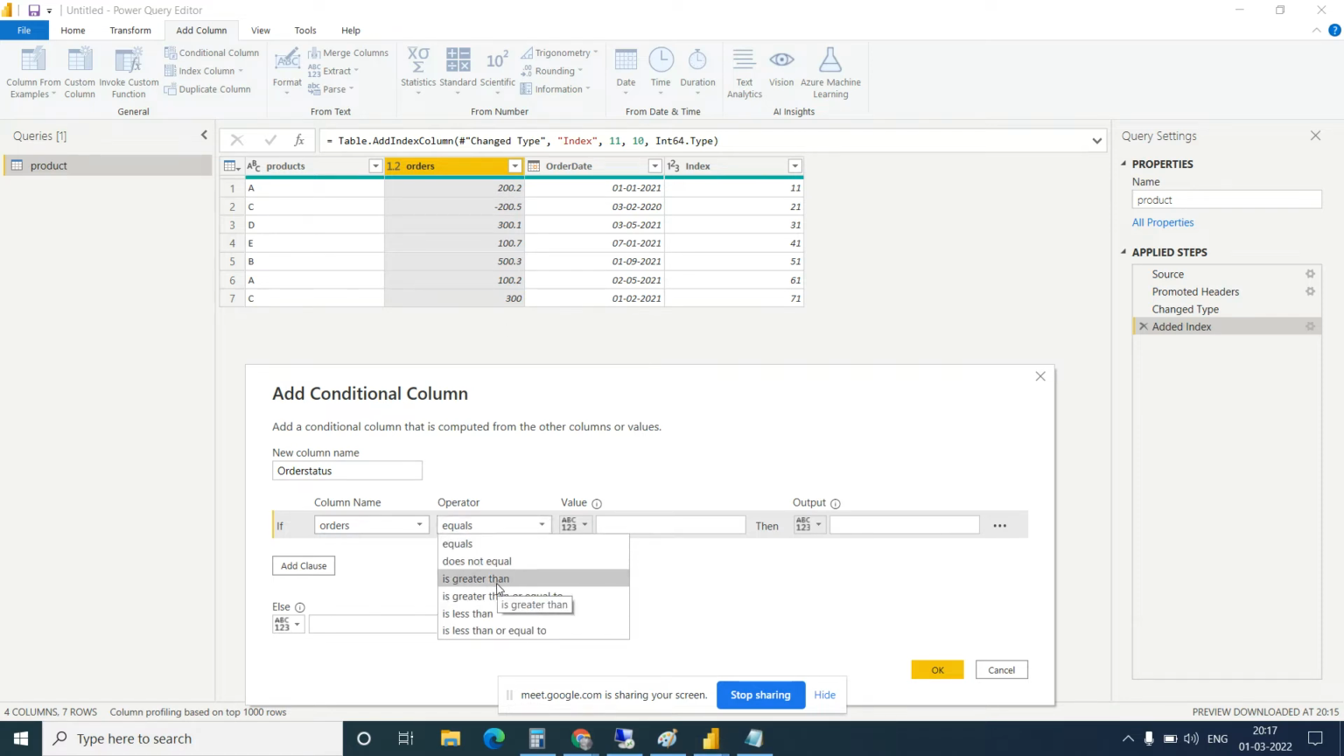Where is the greater than? Greater than or equal to. Okay, greater than or equal to. So even if it is 200, it will show the good. Okay, so what value do I want to show? Greater than 200. Okay, then what value should it show? It should show good, right? Then otherwise,